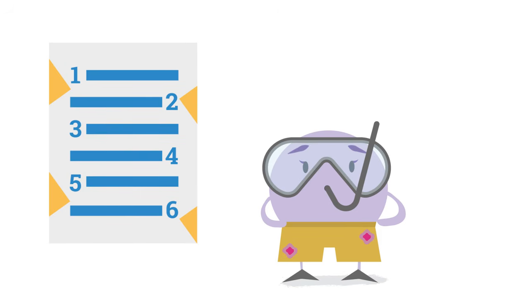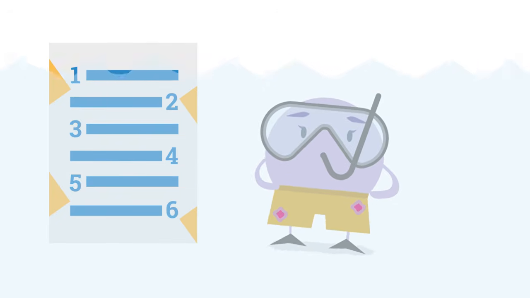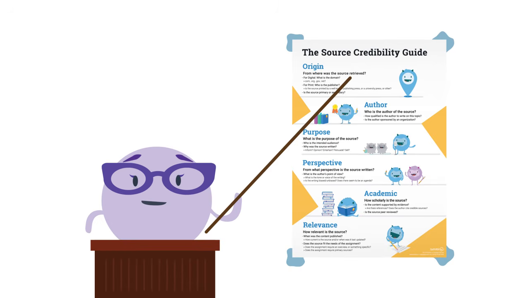The Source Credibility Guide lays out 6 clear steps for evaluating the credibility of any source. It's meant to offer a process for navigating the murky waters of source credibility. Let's take a peek at the guide. Each step presents a category to be evaluated. Although it's suggested to follow the process in order, it's not necessary as we all know every assignment has different